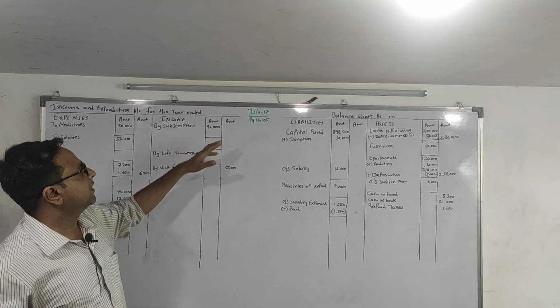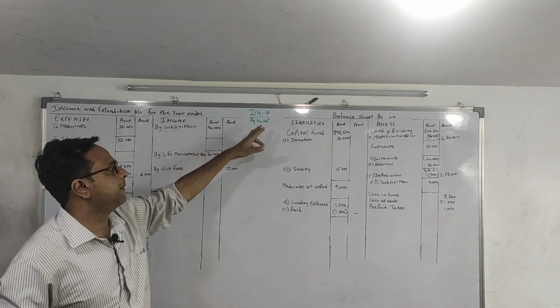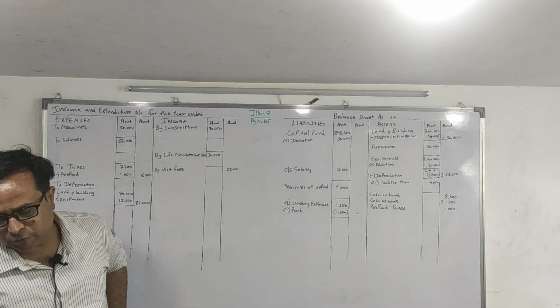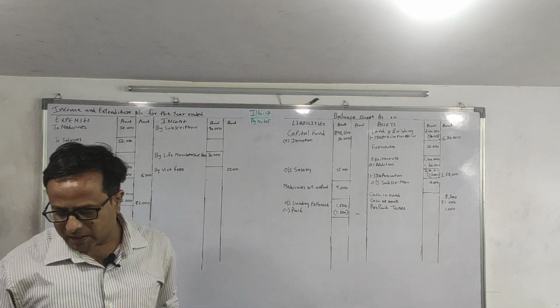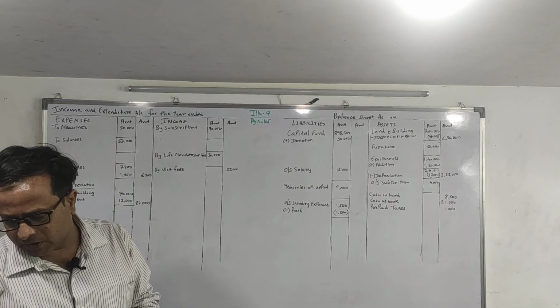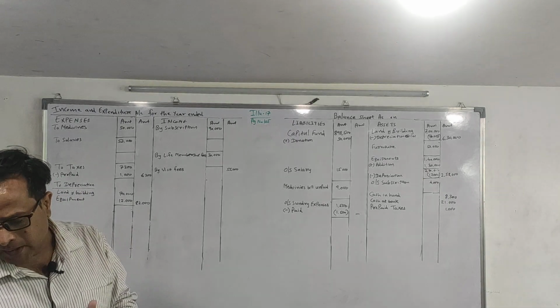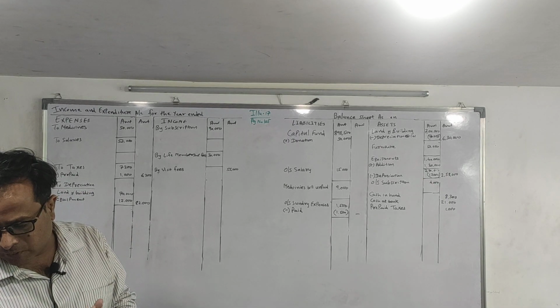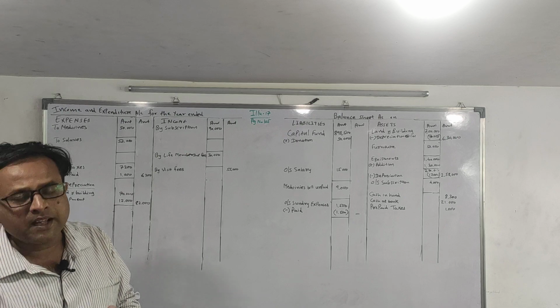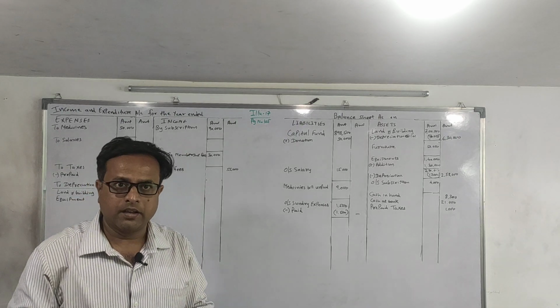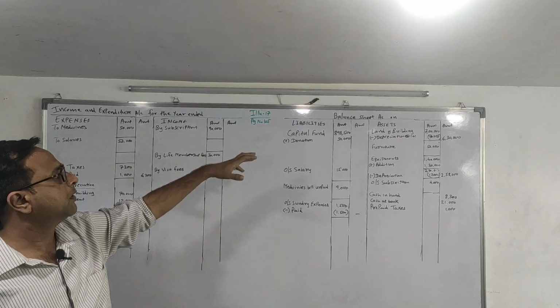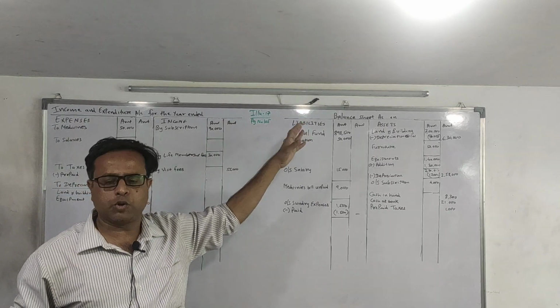We are starting with sum number 17, page number 105. Following is the balance sheet and receipt and payment account of Samartha Hospital, Sawantwadi. Prepare income and expenditure account for the year ended 31st March 18 and balance sheet as on that date. So it is a pattern of sum where opening balance sheet is being given to us.